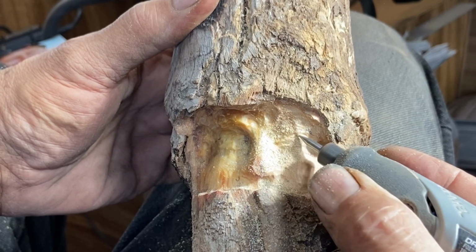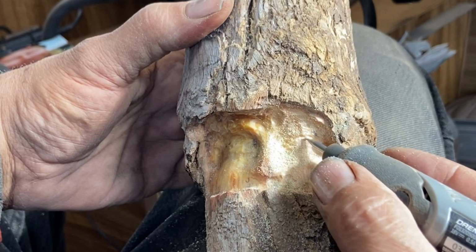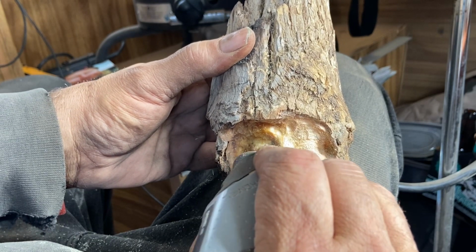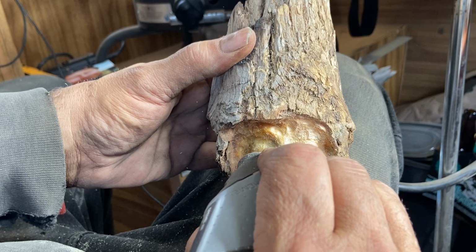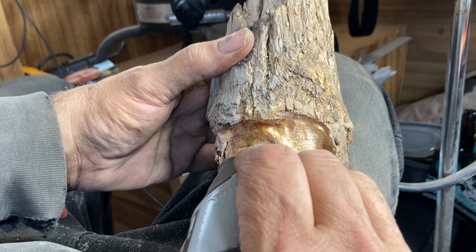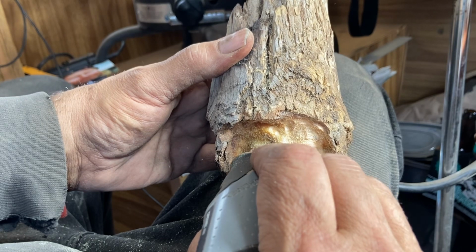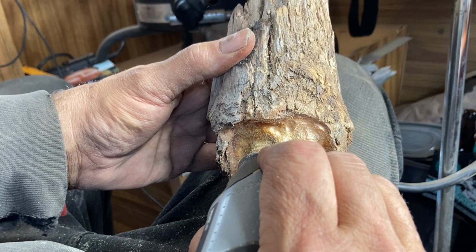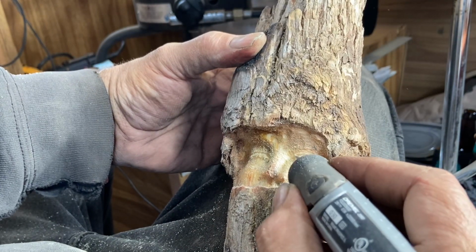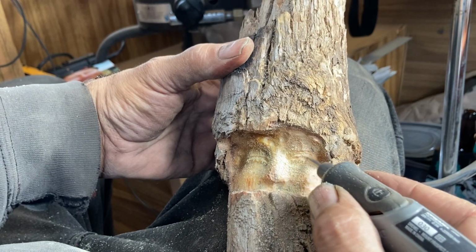My approach on this phase of the carving is I'm just taking minimal bits of wood off gradually, not anything aggressive. And I usually do that after the rough out phase because I'm not really like a speed carver as per se. I just like to take my time, enjoy the moment more or less, because it's actually a relaxing evolution for myself. So anyway, yeah,